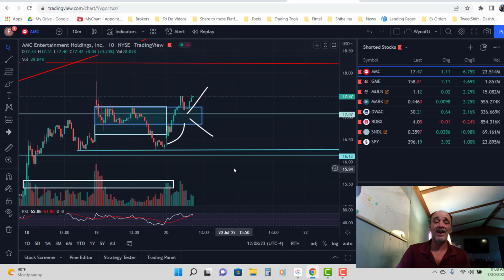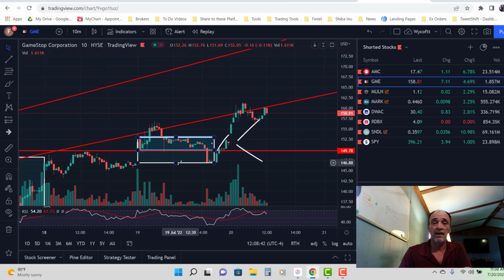I showed you yesterday, there'll be a card with the name of the video popping out in one of these corners. That's going to show you the algo video I did yesterday, where I showed you how I drew the gap box and I drew the trend line box, okay? And I did the same thing over here on GME. And what I noticed concerning yesterday's algorithm pattern was that as far as GME went, it came down, it touched the bottom of the gap filled box, and then it started its climb up before the end of the evening.